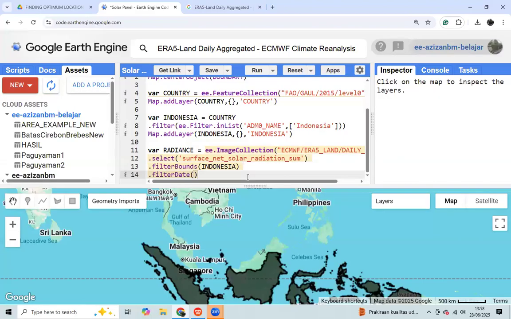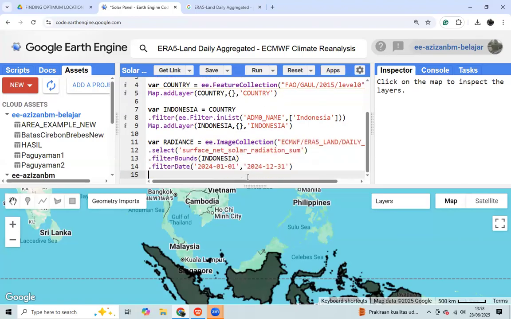We can filter the data from the start, maybe like 1st January of 2024 up until the end of the year. And then after we choose the bounds and the date,